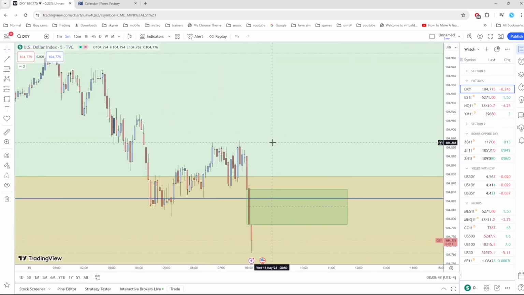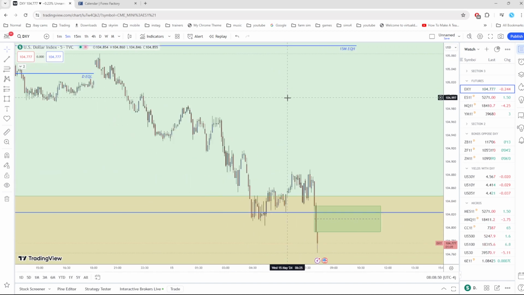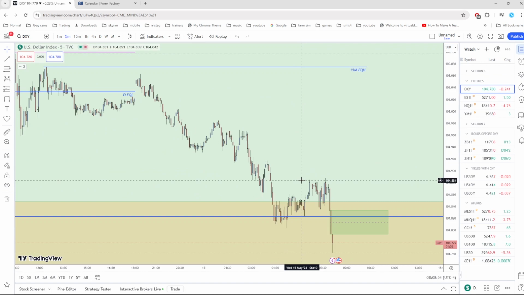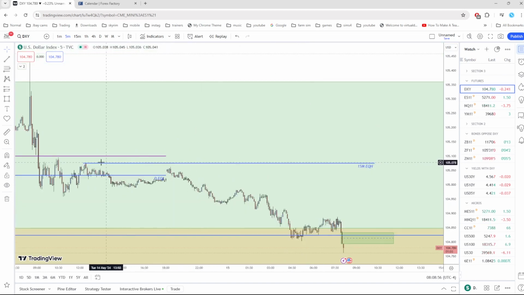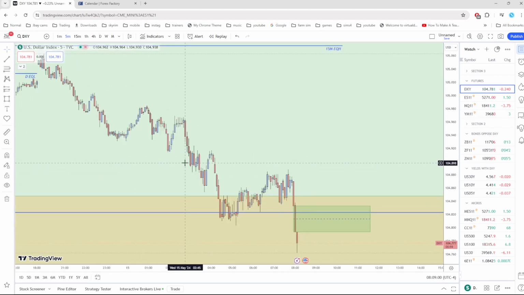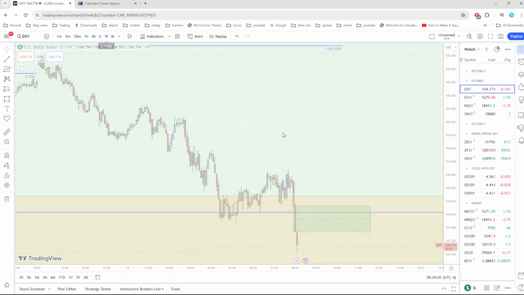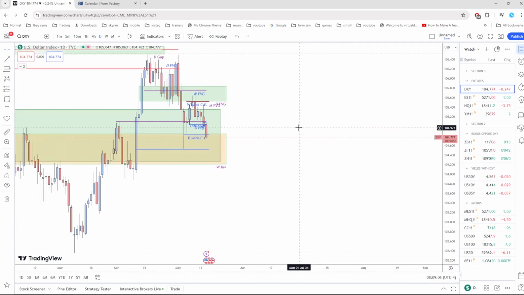So if it trades up, trades back into this, and it wants to fly off higher, this would be a perfect market maker buy model. That would be beautiful with equal highs resting right above us. So I can see both sides at this moment. So I just have to be patient and sit and wait. And hopefully this